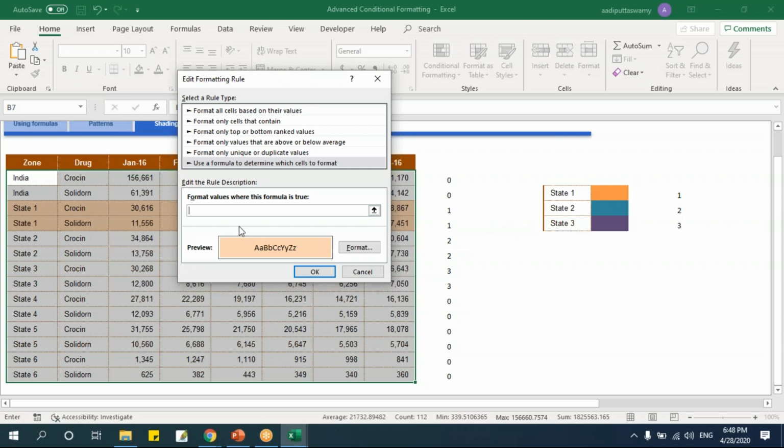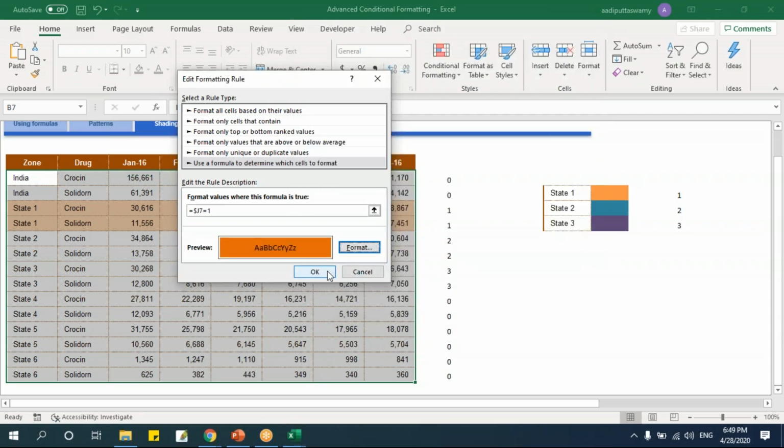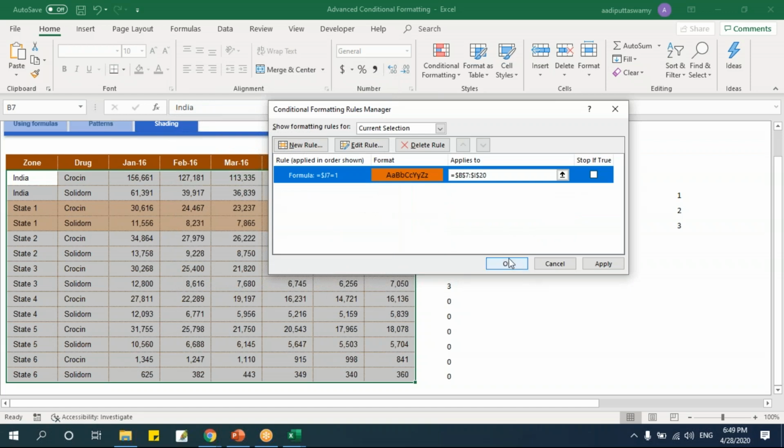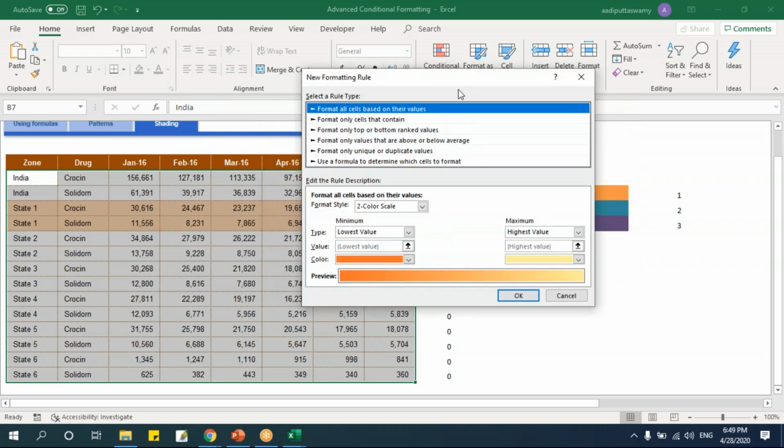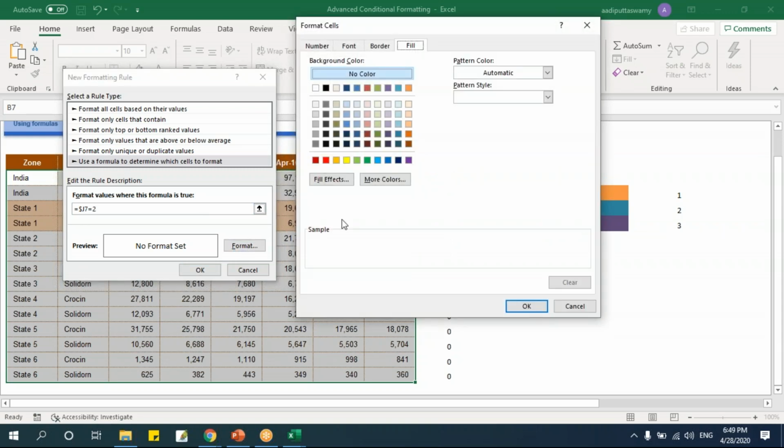So in that case, what I'll do is I'll say equals this value and make it column to be fixed, equals 1. That means if this value equals 1, then I'll shade with this color. Say okay. Now we'll say add one more rule here. Say new rule and select this. One more rule I'm applying because I need a formatting for 2 as well. Same formula, I'll say equals this. Say F4, F4 equals 2. Then format with this color.